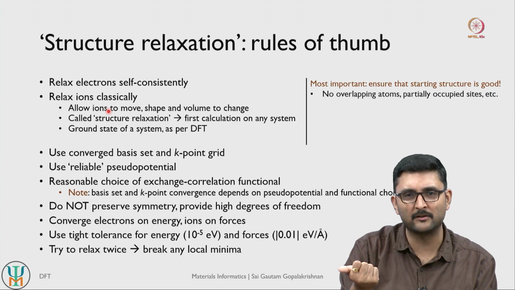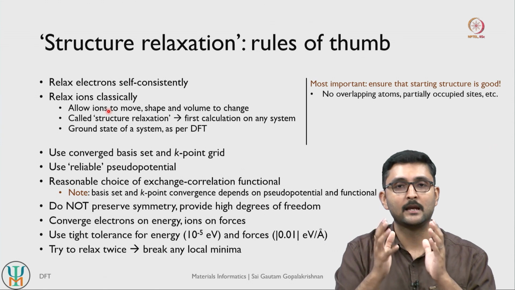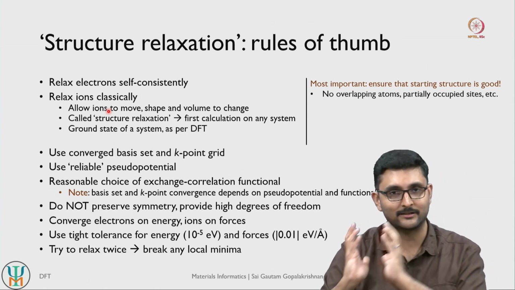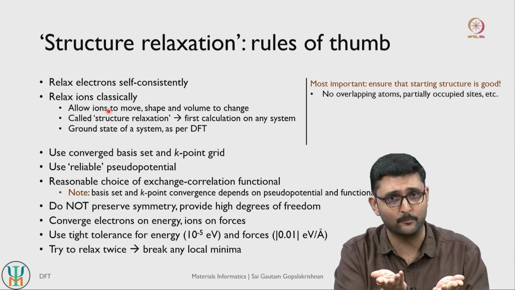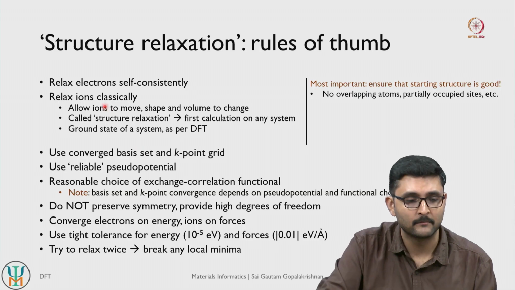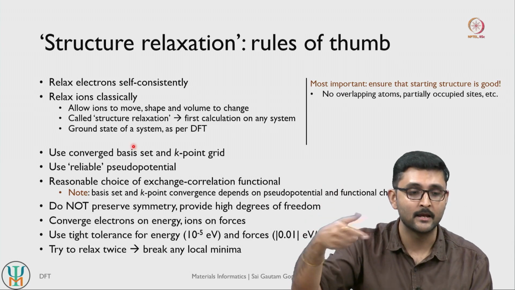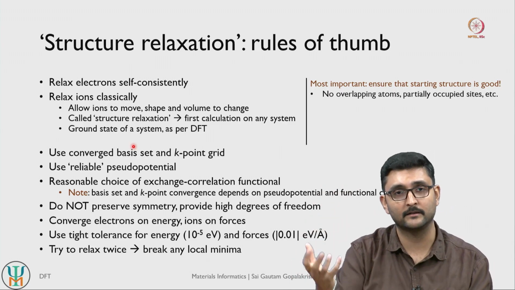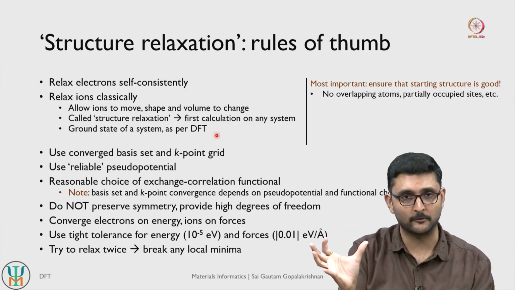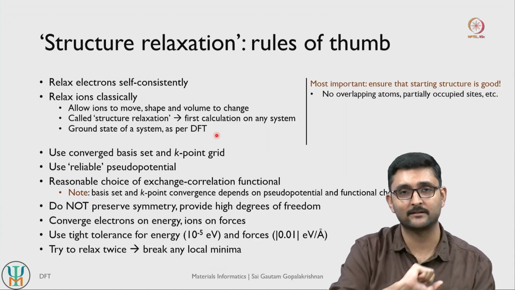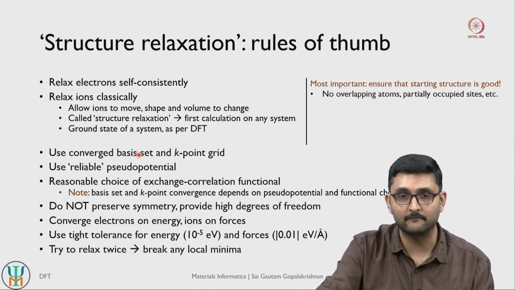Typically you do not preserve your symmetry to see how the system is behaving without any constraints. So you do not constrain your system, and if your system continues to remain, let us say, cubic, so you started off with cubic, it remains as cubic, then you have high degree of confidence that cubic structure is your ground state, right. And when we do a structure relaxation, the resultant structure and the resultant electron density and the resultant energy basically constitute the ground state of our system, at least as per DFT. So whatever approximations we have used in our DFT, as per those approximations, that is the ground state representation of our system.